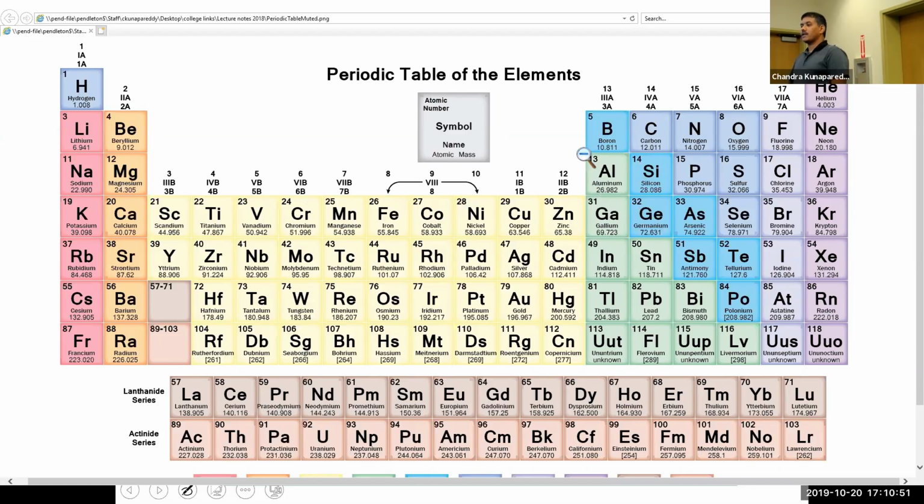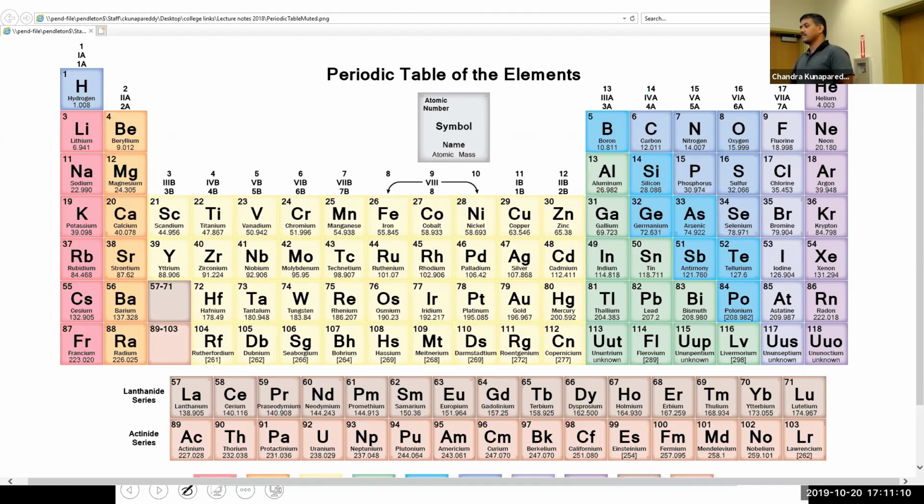So if you have an electron in the p orbital, it is going to be easier to remove than if you have an electron in an s orbital. So which means magnesium is going to have a greater ionization energy because we just said it is harder to remove compared to aluminum, which is easier to remove. So